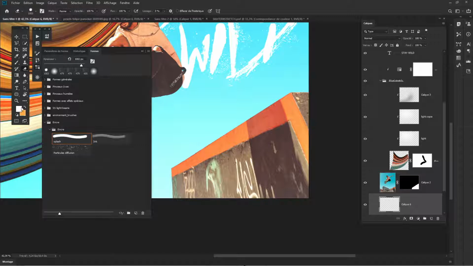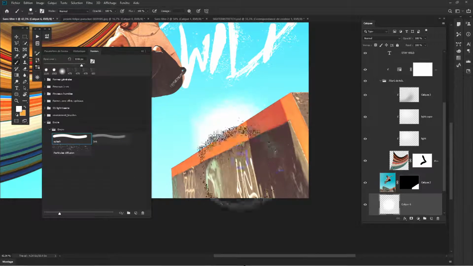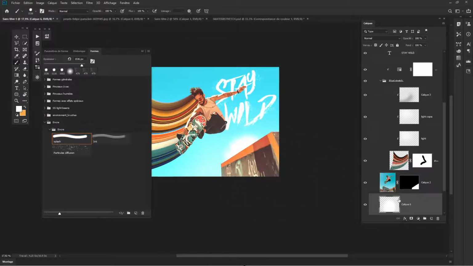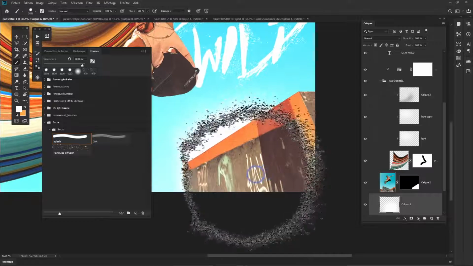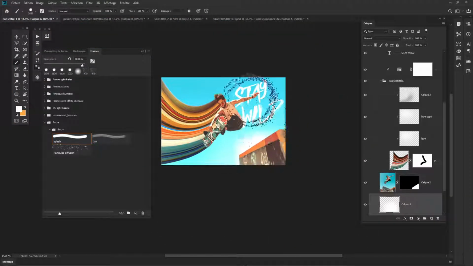Oh, it's the erase tool, so I need to change for this element here. Yep, and as you can see, that creates something. Yep, cool enough. I'm gonna redo that. I'm just pressing Ctrl Z, make it bigger. I think it's better to have it that way, just in order to create some kind of relation